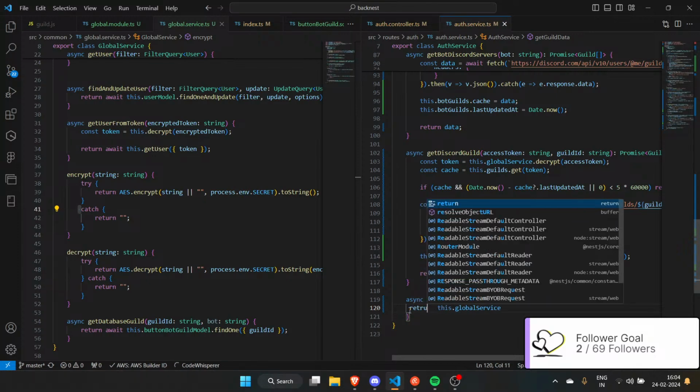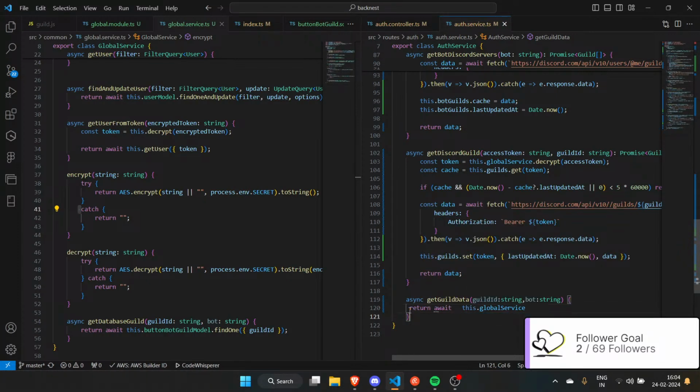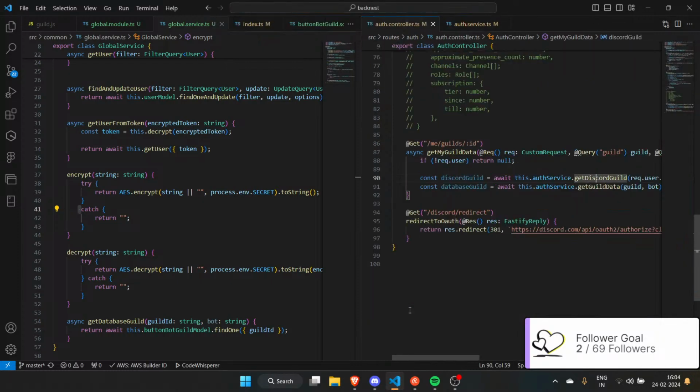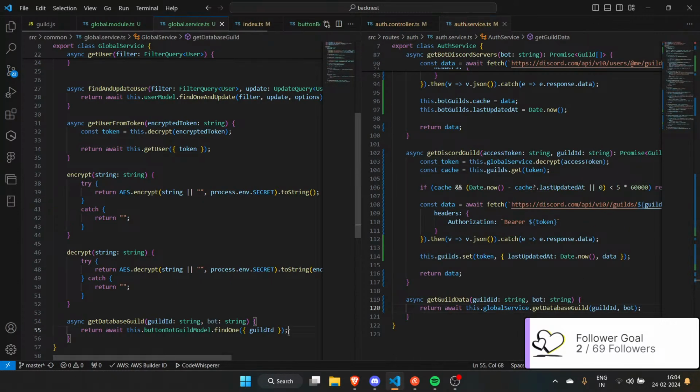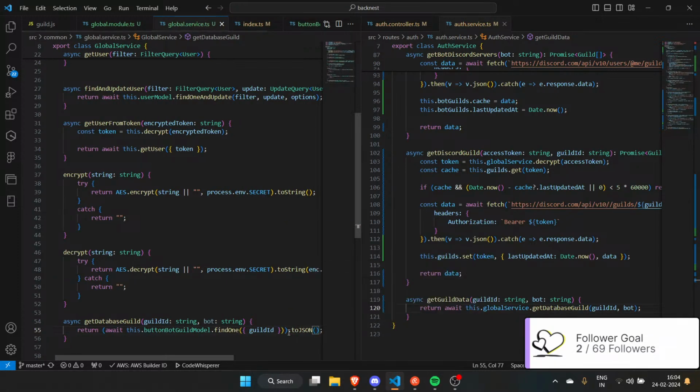Then I'll just do return await this dot global service dot get database guild, and then I'll give them the guild ID and the bot. Pretty simple. And I like to return dot to JSON. If possible, I like to add a question mark just in case.